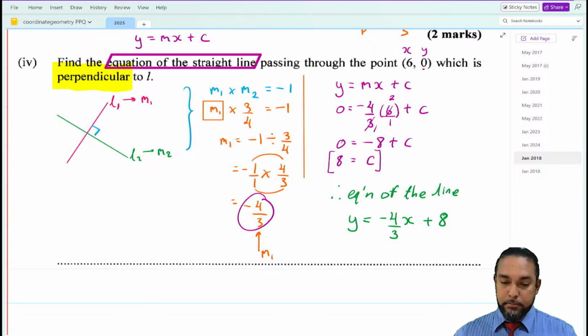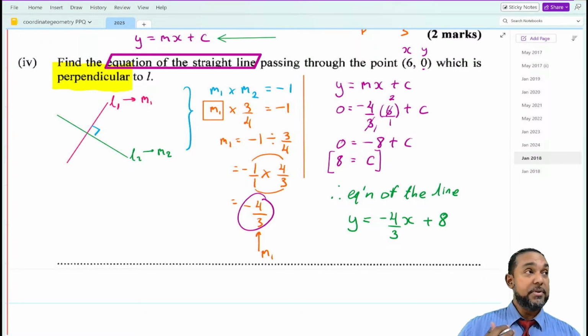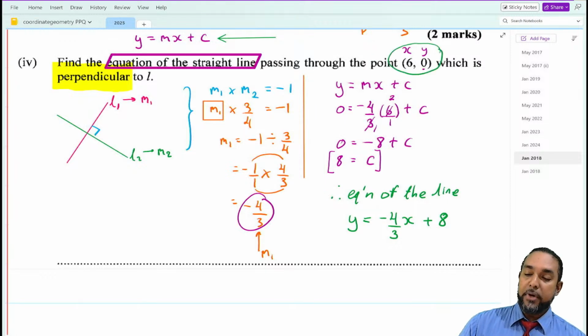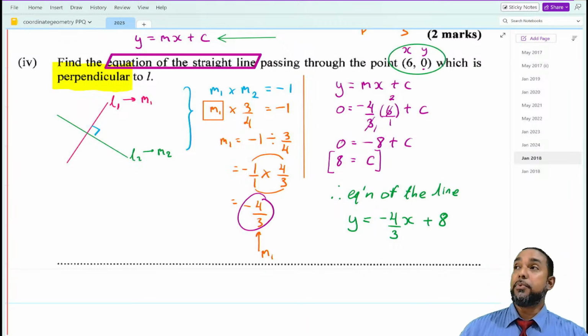All right, okay. So once again, the equation of a straight line is usually given by y equal to mx plus c, where m is the gradient and c is the y-intercept, right? Now, they only gave us one point through which this line is passing. To find the gradient, we either need the graph to extract multiple points, or we need 2 points. You just need 2 points to find the gradient of any given line, all right?